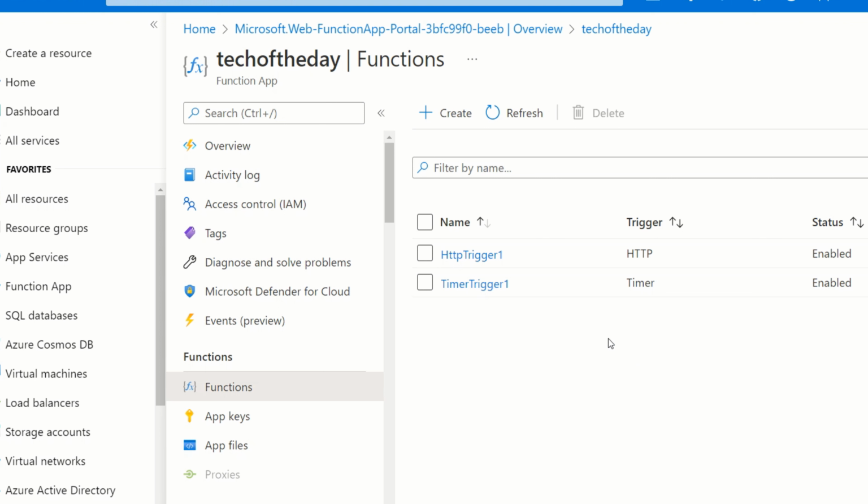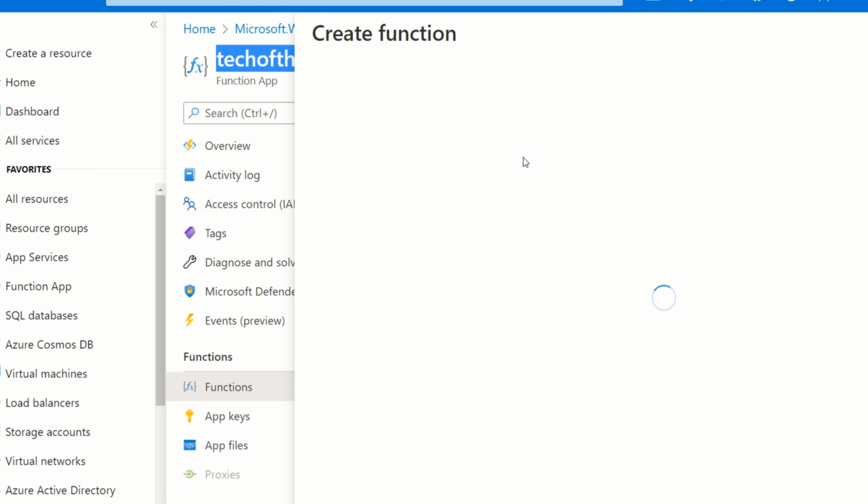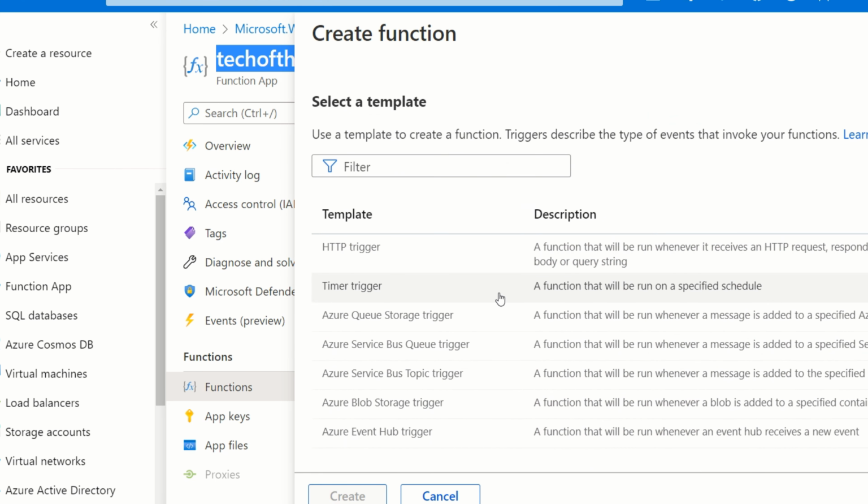Okay, again we are on our Azure portal, and we are in the function app. In the function part, I'm just going to click create function, and in the same way I'm going to select a trigger. Here you have multiple triggers: Azure Queue Storage trigger, Azure Service Bus Queue trigger, Azure Service Bus Topic trigger, Azure Blob Storage trigger, Azure Event Hub trigger. We want to add the Azure Blob Storage trigger,